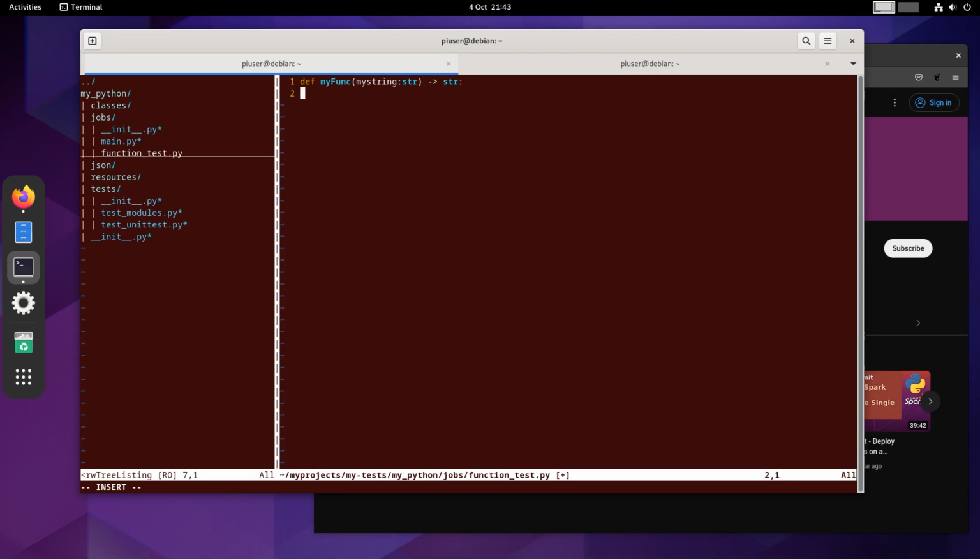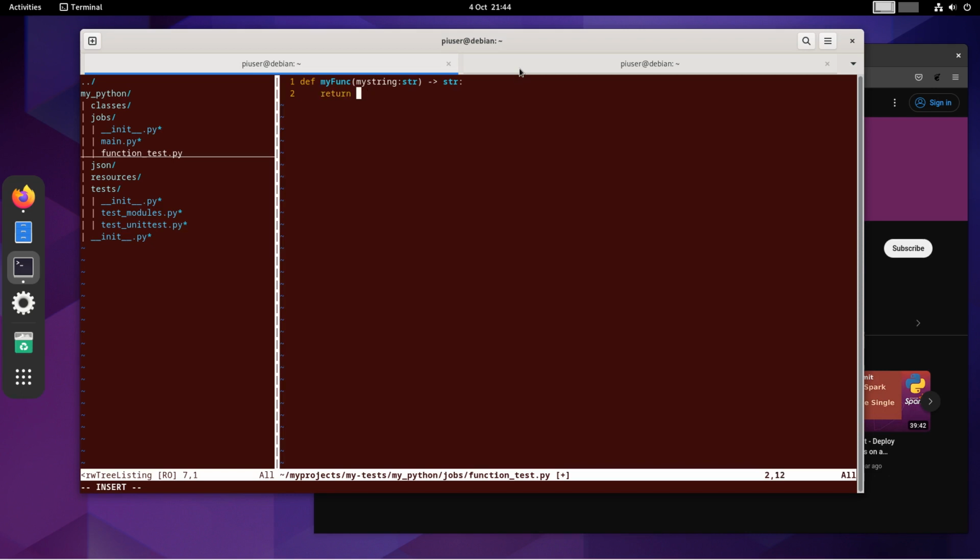Now, in some of my other videos I did explain all of this, so this type inference, that's not necessary in Python, but we use it a lot in other languages. And it's a really good way to understand what sort of data type needs to be input into the function and what's going to come out of the function. It's not strict within Python, because Python is a dynamic language, but it's really helpful when you can define functions in that way. So what we're going to do, we're going to input that, and we're going to return